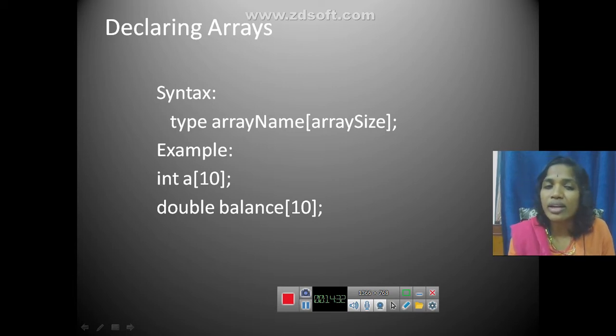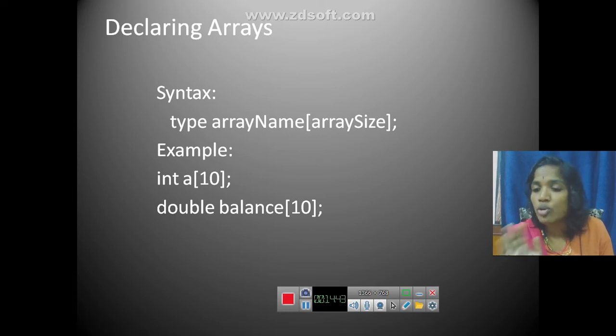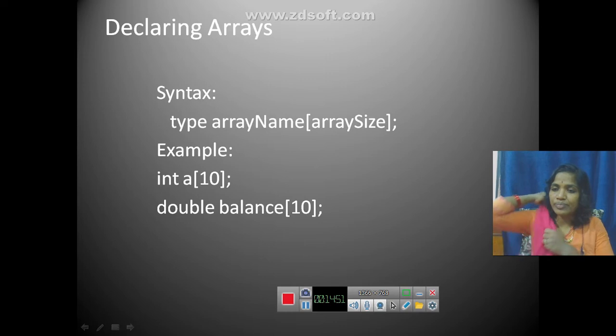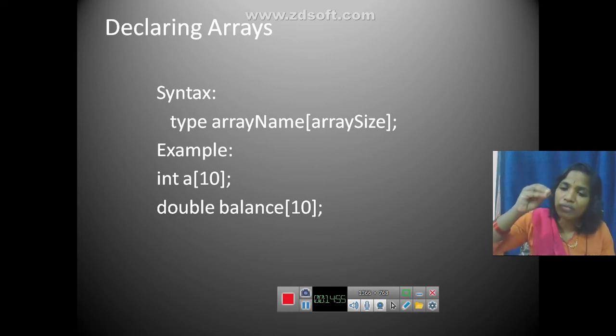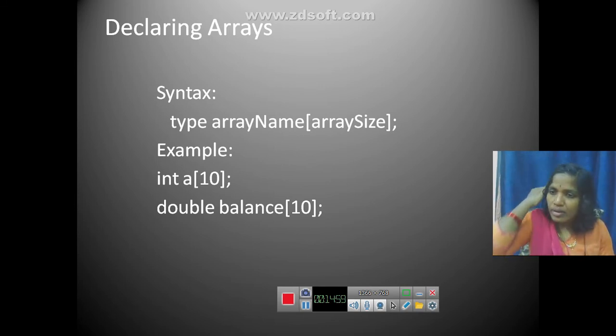So your array declaration will have the data type, followed by the name of the array, followed by the number of elements allowed in your array. So you are telling the compiler that I am going to have an array variable, an array of this name, of this type, and with this size.